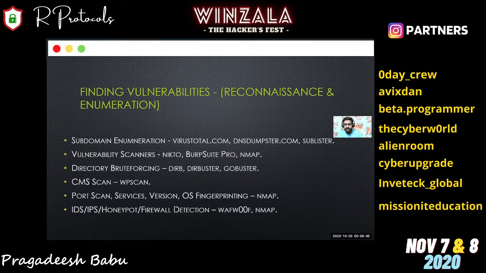So next thing is the directory brute forcing. Directory brute forcing is that consider if Amazon.in site uses some directories which may be left vulnerable.